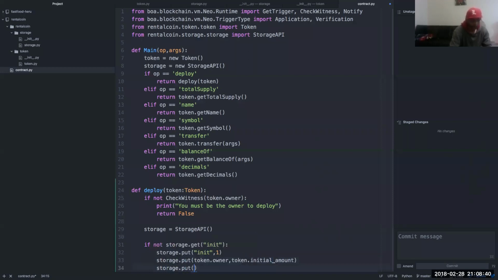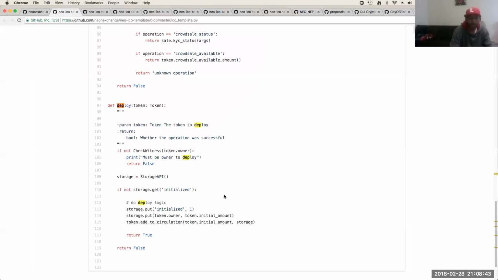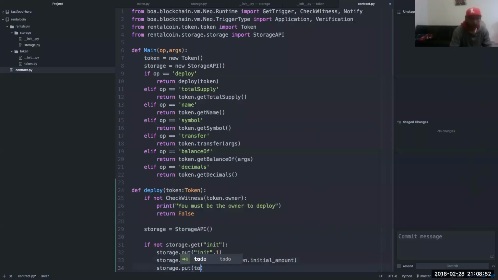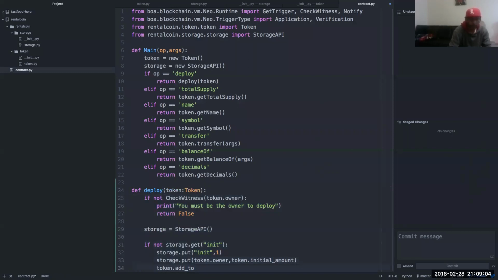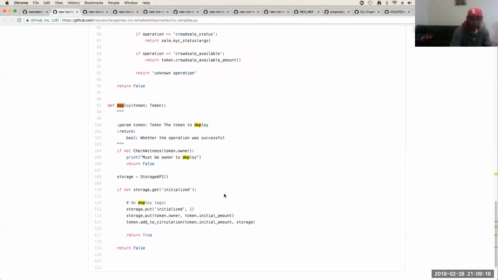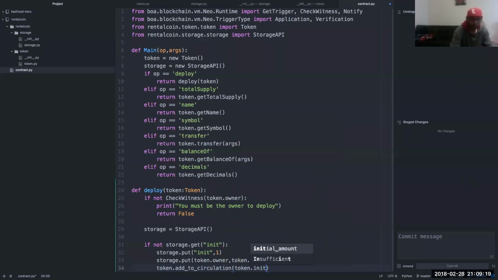Storage dot put, or token dot add to circulation, token dot initial amount, storage.